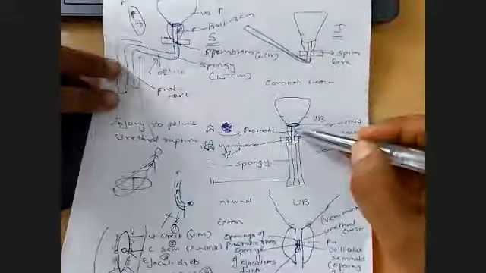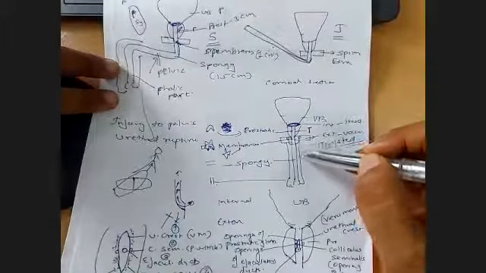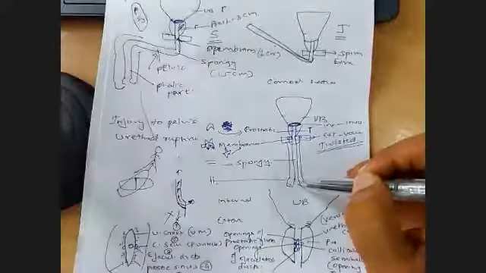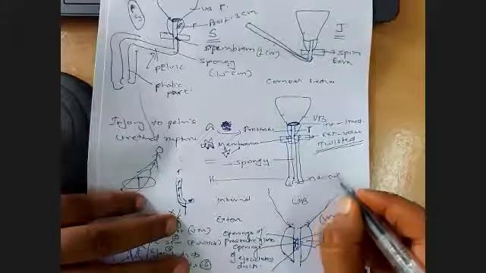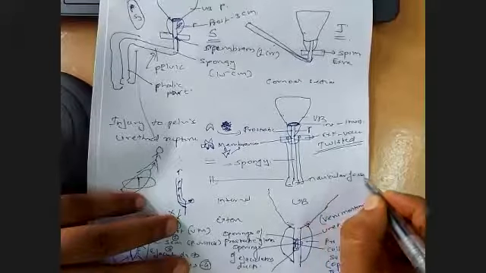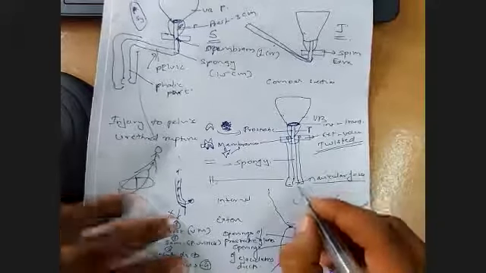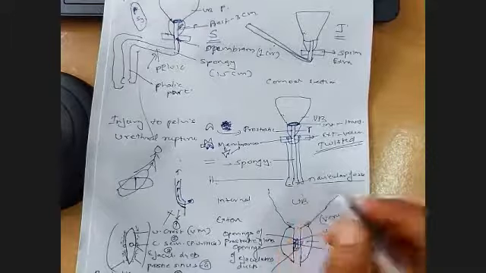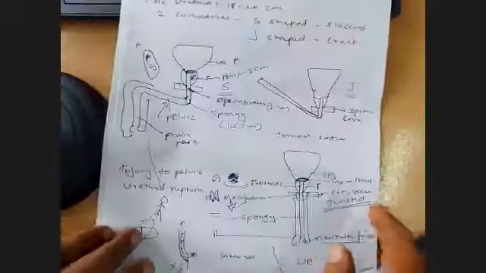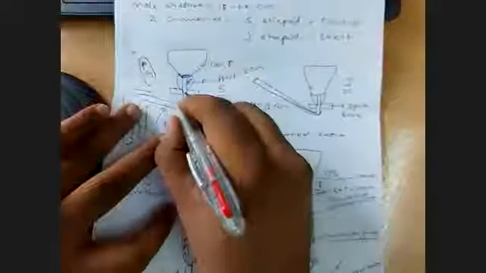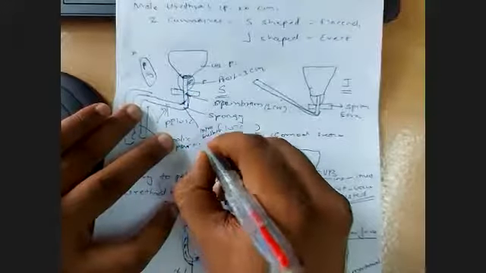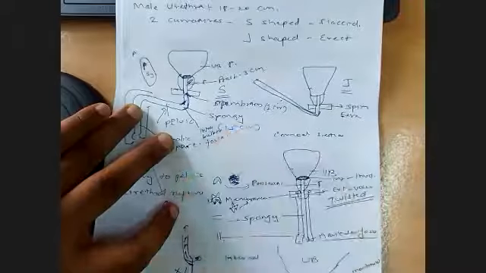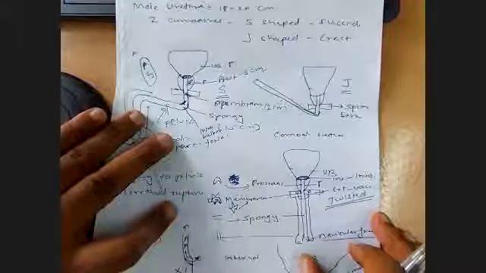Then, in the prostatic and membranous parts, there are bulbourethral glands which open into it. Then there is a fossa called the navicular fossa. There are two fossae which we see. One is the navicular fossa, which is at the terminal part, and the intrabulbar fossa, which is here. So there are two fossae: the navicular fossa and the intrabulbar fossa. The intrabulbar fossa is here, and the navicular fossa is on this side.